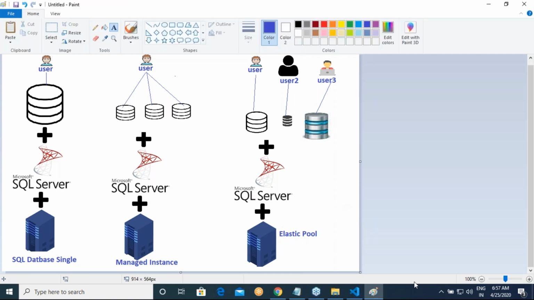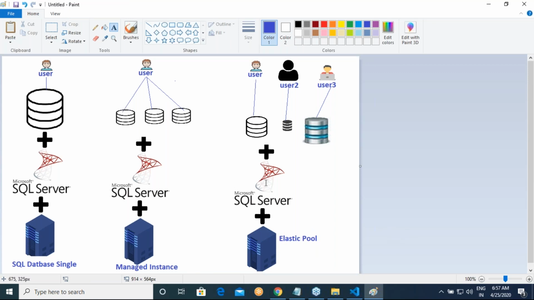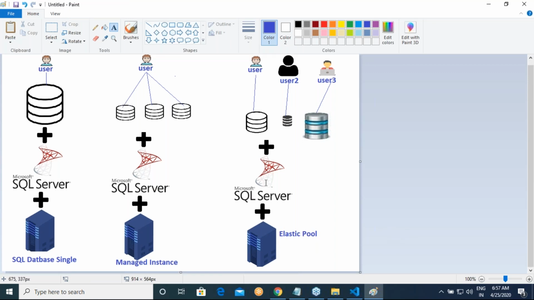This is Elastic Pool for you. Okay. So am I clear on this? We have three deployment models. One is we have the same SQL server, but in three different models. So obviously with these three different models, what you get as a user is the same SQL server, but you might have different pricing, you might have different performance levels, right? So depending on what you are interested in, you might choose whatever you are interested in, right?